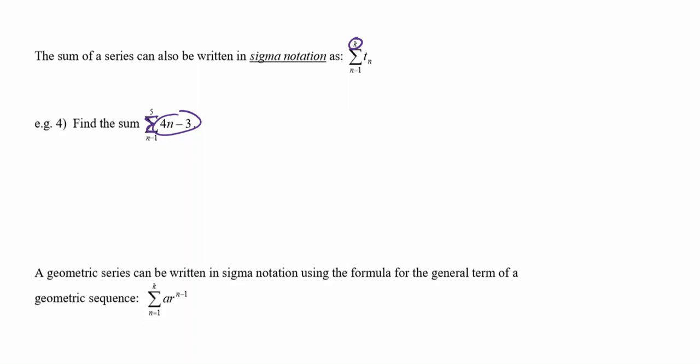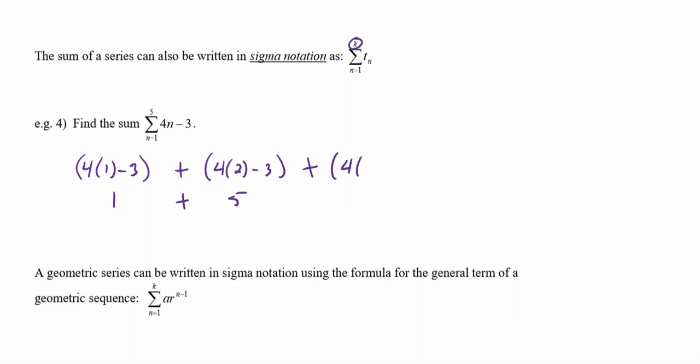Okay, so in this case, what we can do, you could actually add them all together, right? So I'll do that in this case. So we'll say 4 times 1 minus 3 would be the first one, which is 1, plus, and then it would be 4 times 2 minus 3, which would be 5. And then 4 times 3 minus 3, which would be 9,